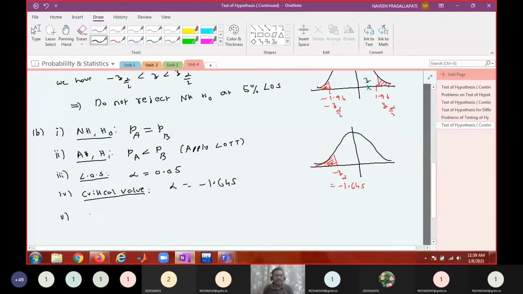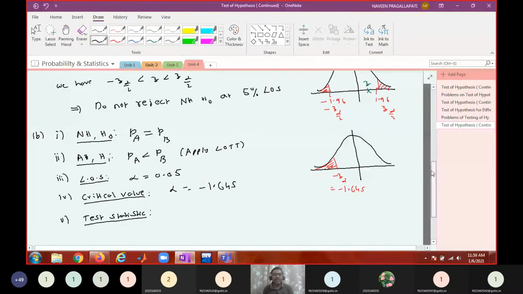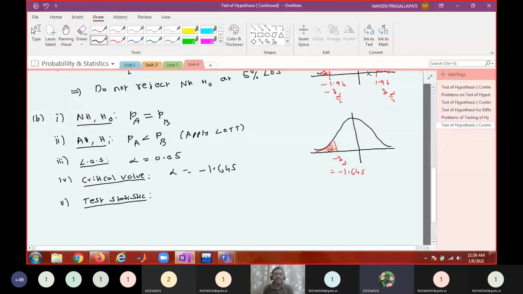Now fifth one, test statistic. Because the null hypothesis contains the statement of no significant difference, delta equal to 0. Excuse me, sir. Its alpha value equals 0.05, no, sir. The Z value, so it's minus 1.645. Is it wrong? Z alpha minus 1.645. It has to be Z alpha, no? Yes, sir, that is Z alpha, correct. It has to be minus Z alpha, right?